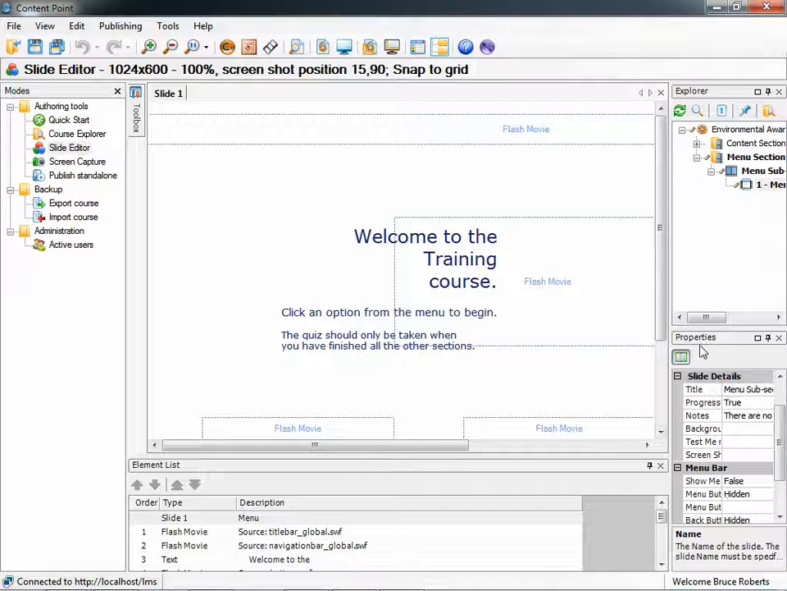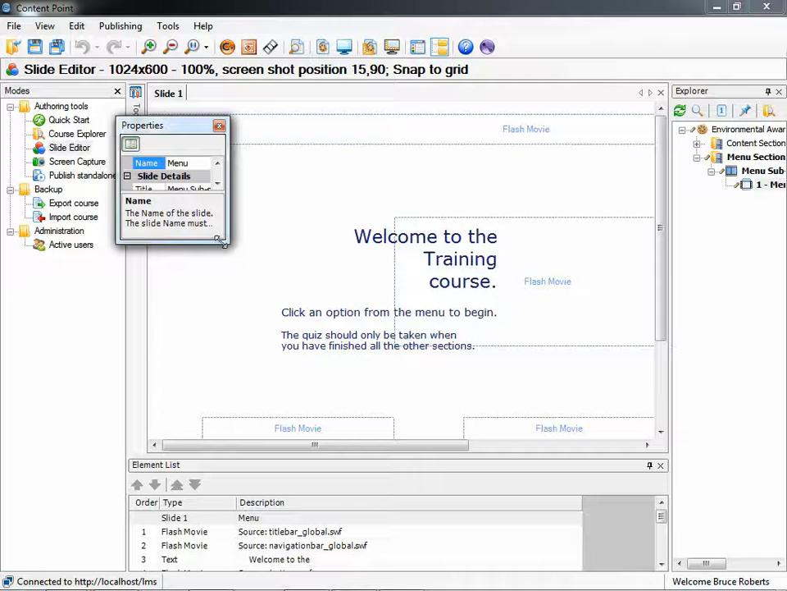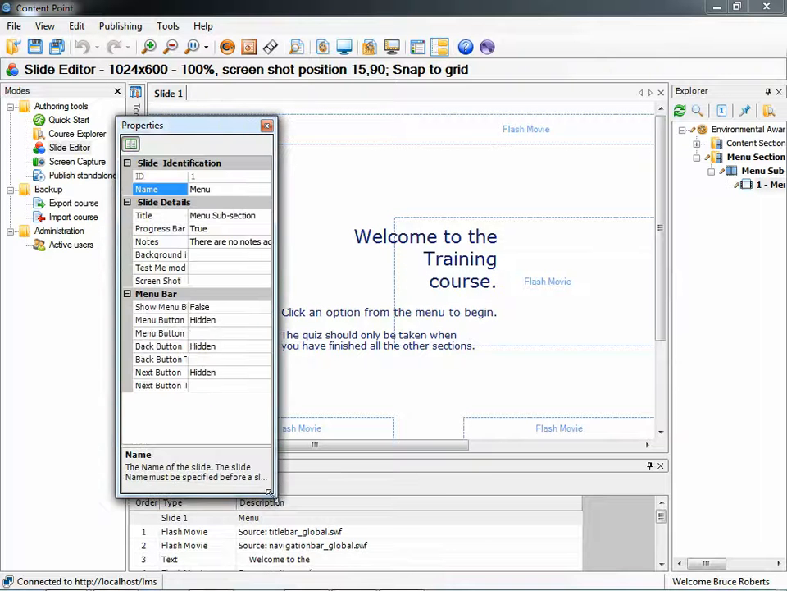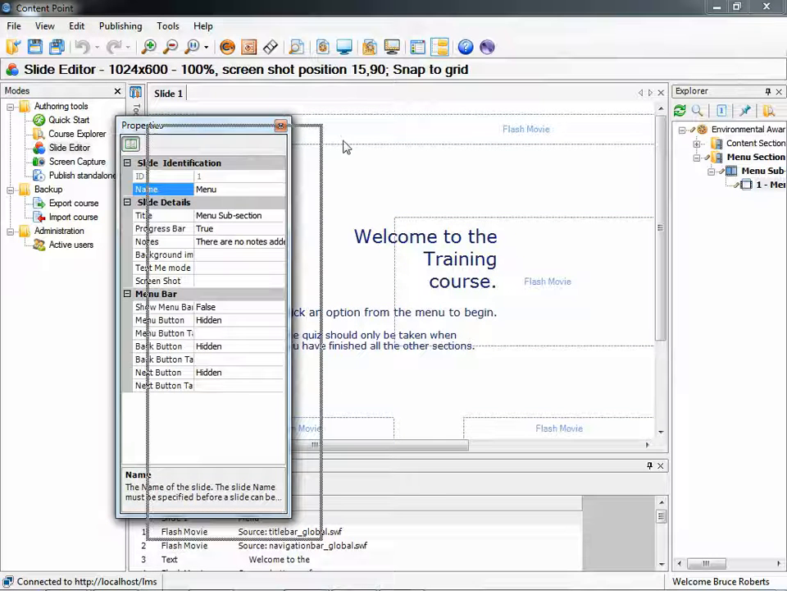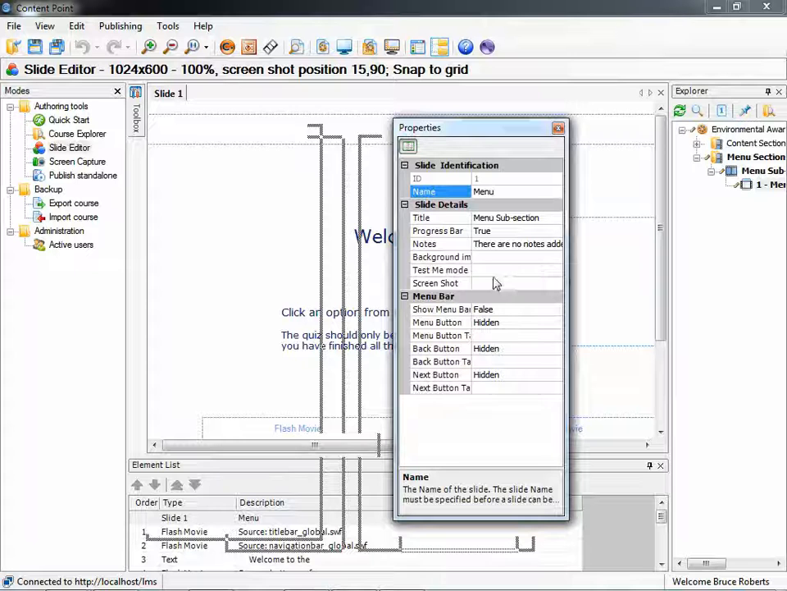Because it's tucked in the corner there, I do want to bring it out, and the quickest thing to do is just double click on the word Properties and just drag it to make it look a little bit larger like that. Okay. Now I want to have a background image, so I'm going to click on the little